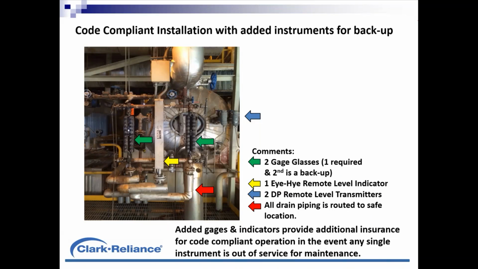When it comes to the remote level indication, they've got a conductivity probe device in the center. Those sensors are underneath that protective housing indicated by that yellow arrow. And they've got 2 differential pressure transmitters indicated by the blue arrow there on the right side of the image. So they've got 3 transmitters, even though they only need 2. If any one of those 3 are out of service for maintenance reasons or discrepancy reason, they're still in compliance